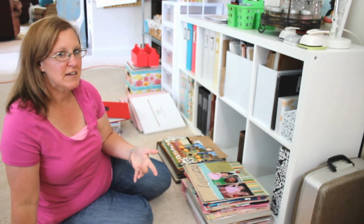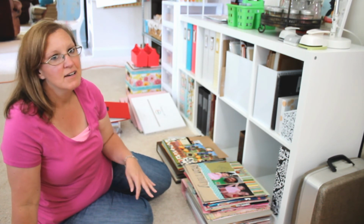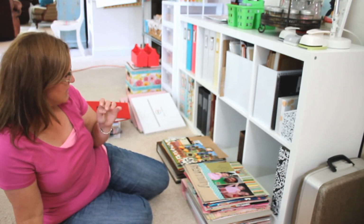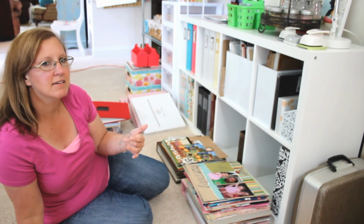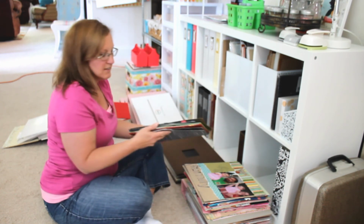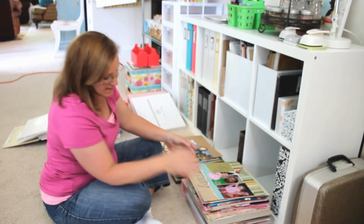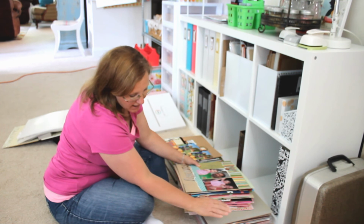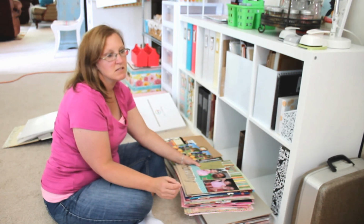Okay, so just coming back to you here after sorting through the family layouts and deciding which ones go where. And this is what I ended up with. Of course, remember I have 4 albums for Nick already that are already full, so I went light on what I have appropriated for him. This is his stack of what I've decided to add to his albums. And then this is the stack for Natalie for her second album. So she's going to have this one as her baby album, and then this stack goes 2000, a couple from